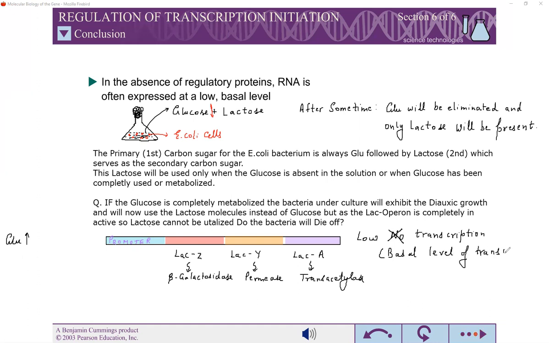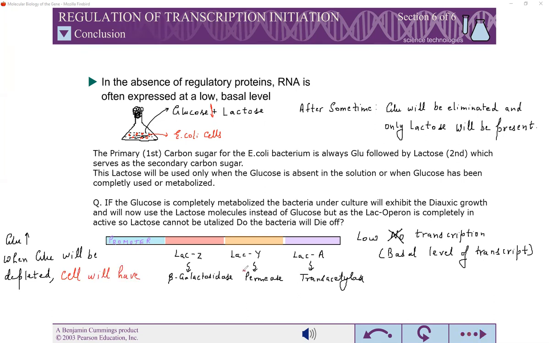This basal level of transcript means that when glucose will be finished, when glucose will be depleted, the cell will have